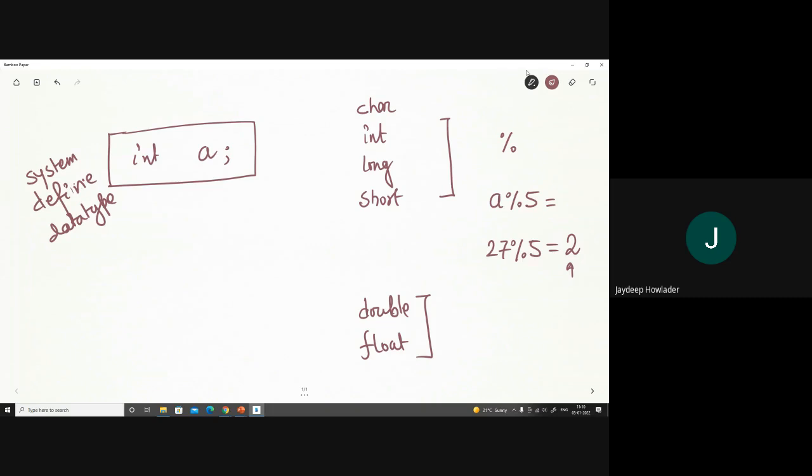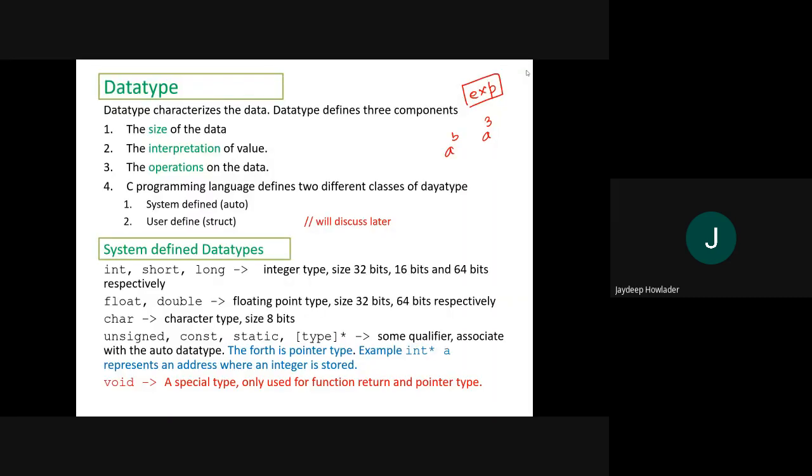The other kind is user defined data types. What is the meaning of user defined data types? Apart from primitive data like integer and character, we also capture the behavior of some element.